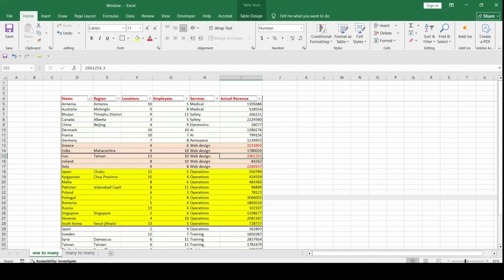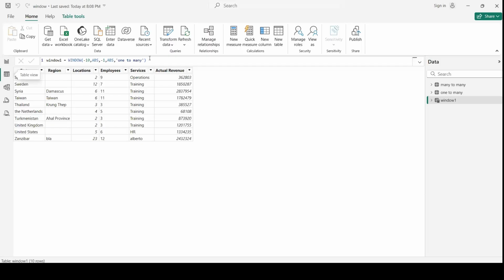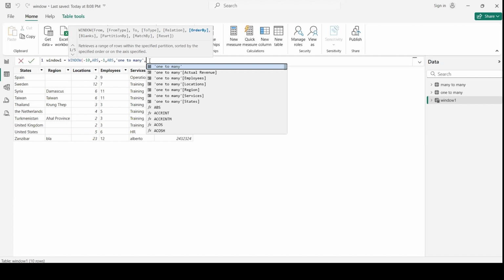I can do that if I go back here, and as I said in the beginning, I need to work also on these parameters. But first of all, I will ignore that and go forward with my function, and notice that we have the order by option.